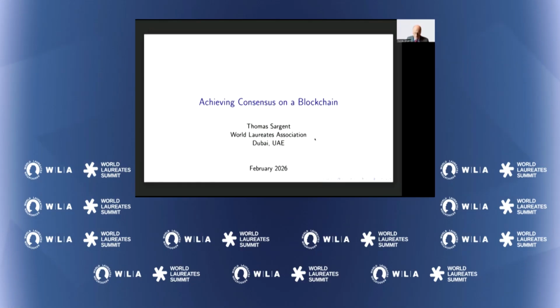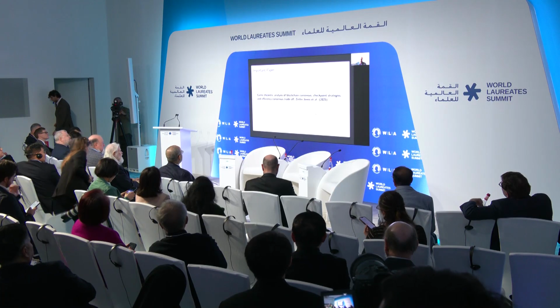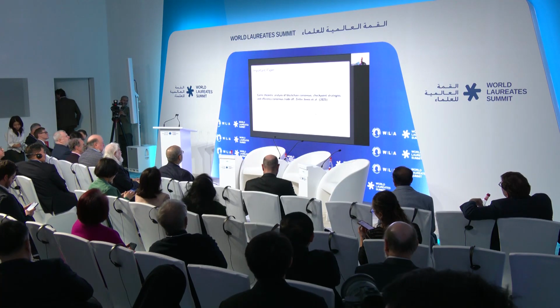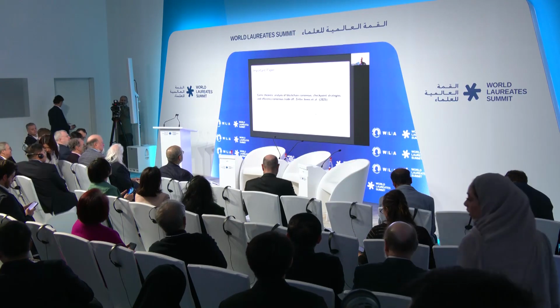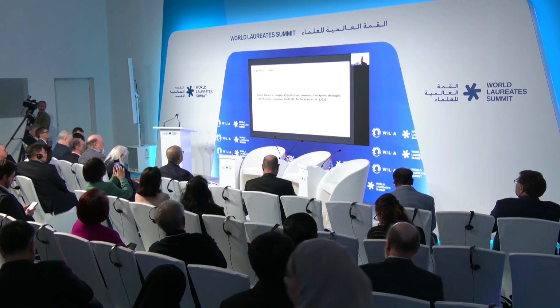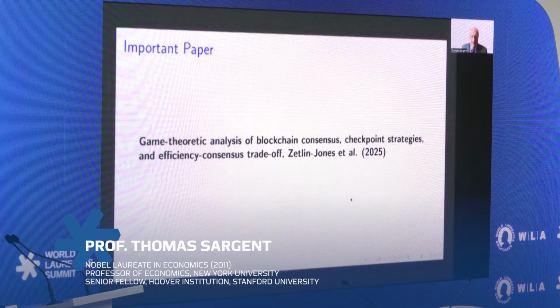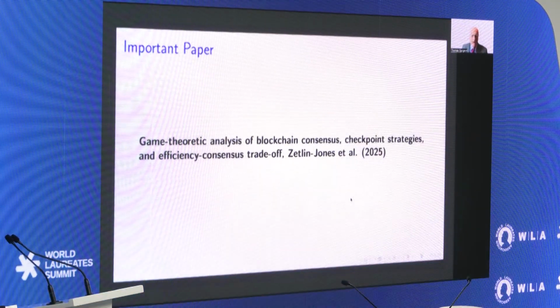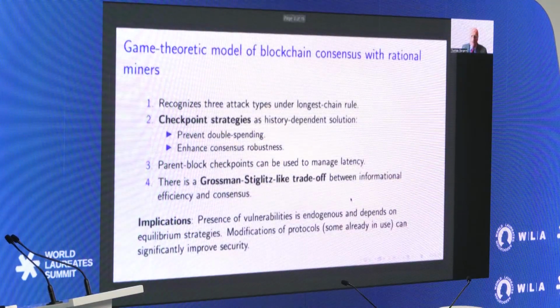So here goes. I'm going to talk about an important paper. It's right hot off the press. It's being constructed. It's called a Game Theoretic Analysis of Blockchain Consensus. And it identifies a difficulty in blockchain and makes a proposal on how to circumvent it imperfectly, and it identifies a key problem. So this is going to use game theory, which was invented by von Neumann.